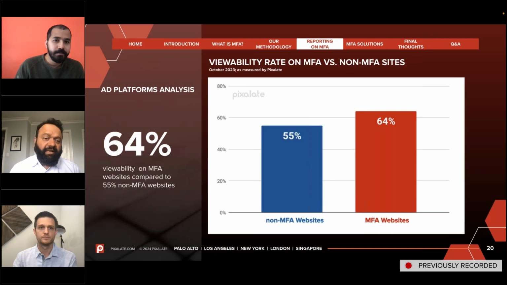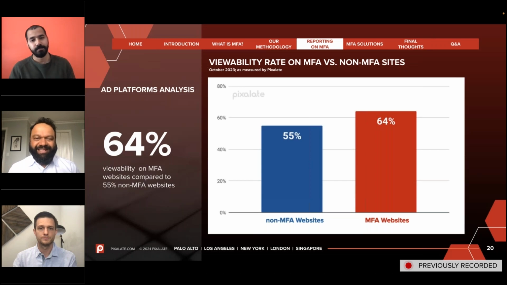Yeah, and I think that's the key. If you think about both IVT and viewability, these sites look like they're normal and arguably better in many ways, and so combine that with the low CPMs that they usually provide, that makes them a very tempting target for buyers who are like, oh, maybe we can reach a pretty good audience using these sites. But the reality really is, given the density of ads, given the amount of ads that you're seeing, it really is questionable how effective those ads really were.